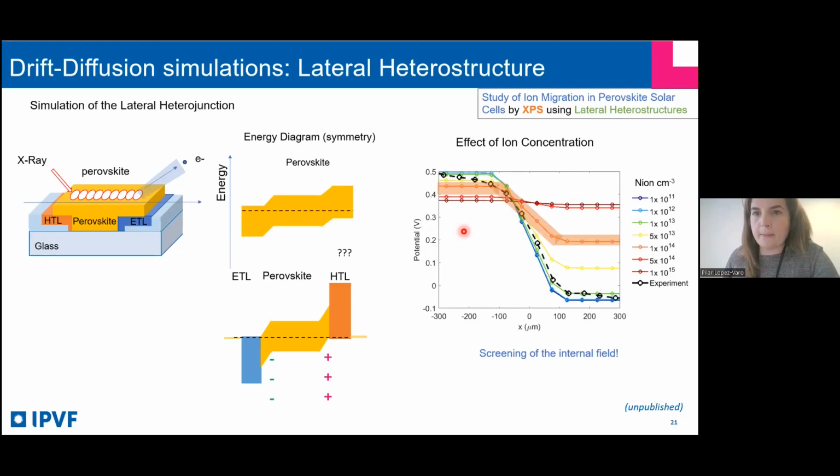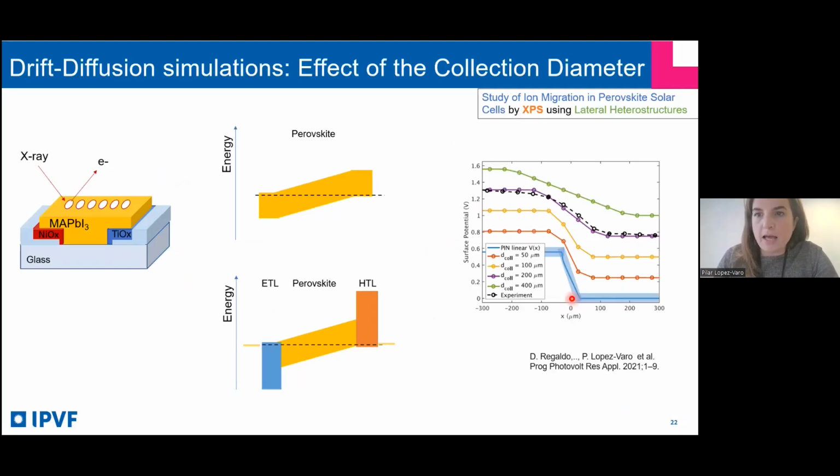Okay, and then this is for high. In fact, our experiment that we got in the lab is this one in dashed black lines, and we circled this one. So for these devices, it was clear that there was a really low ion concentration. And then we also simulated that,